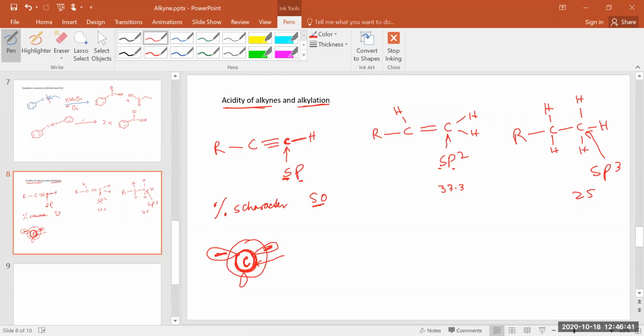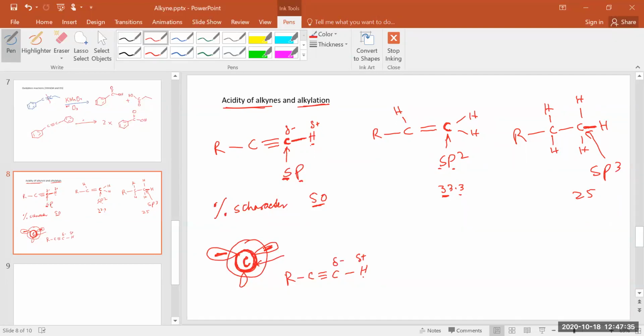So it means more electron density will be towards this carbon. More electron density towards this carbon means this will have less electron density. Less electron density means polarized, so you'll have delta negative, you'll have delta positive. So here the percentage has decreased, so it means they are a little bit farther from the nucleus, so less attraction. Here this is even farthest, even least attraction. Okay, so the more s character, the stronger the bond, and the more polarized because of the stronger attraction. So when it is polarized, what can happen? If you have delta positive and delta negative charge,